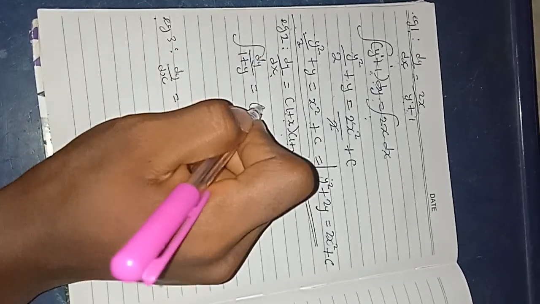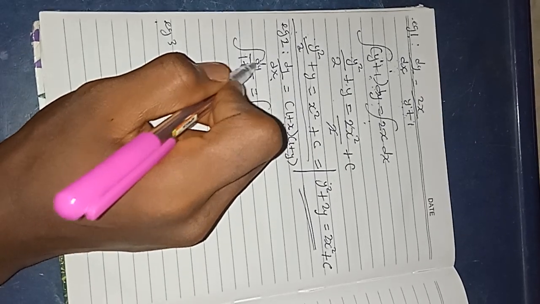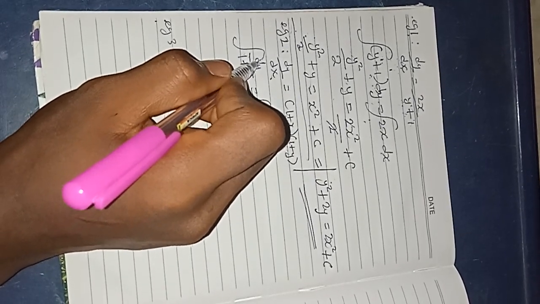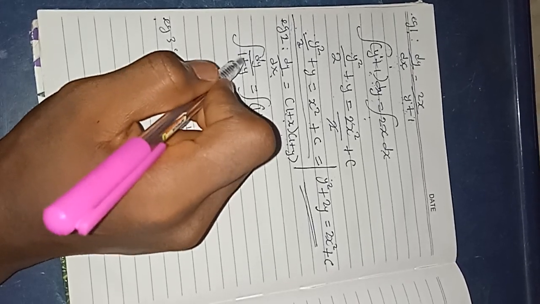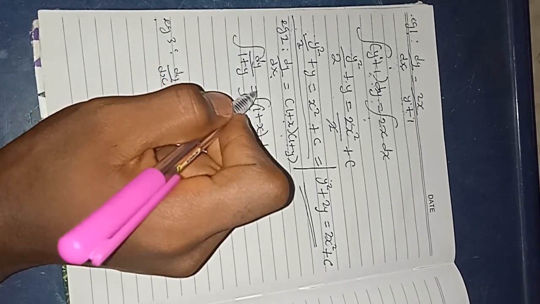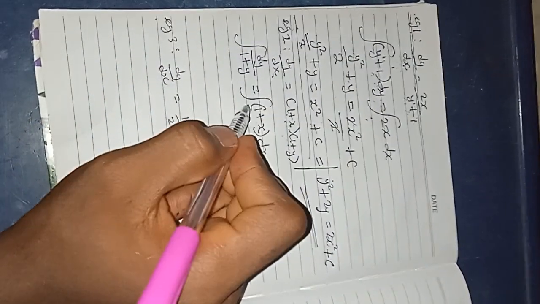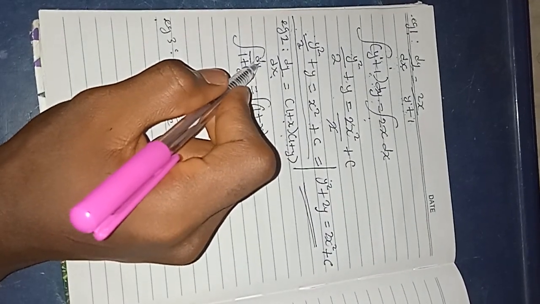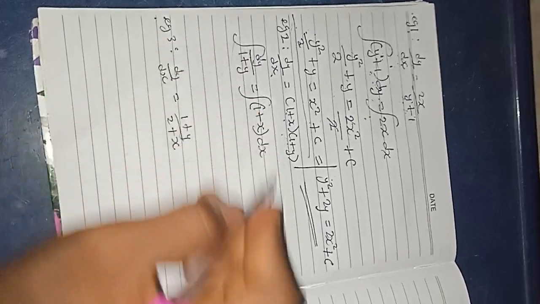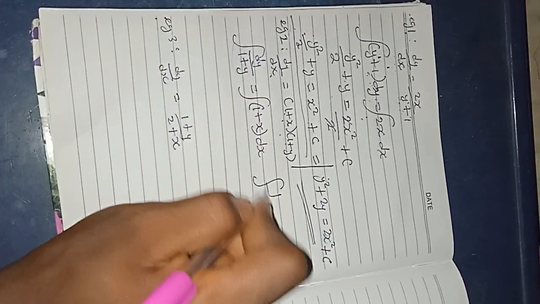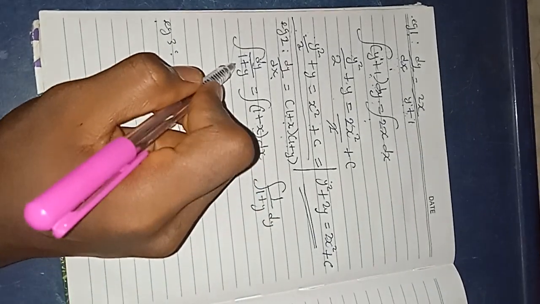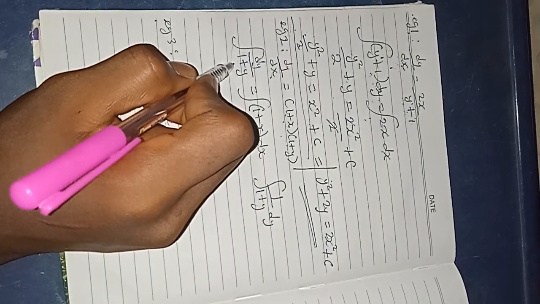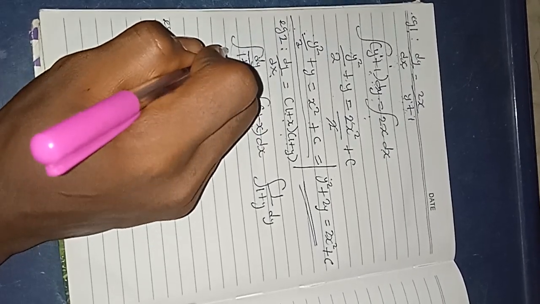Then integrate both sides. This is the same thing as integrating 1 over 1 plus y with respect to y. So if you integrate 1 over 1 plus y, you're going to have the natural log of the absolute value